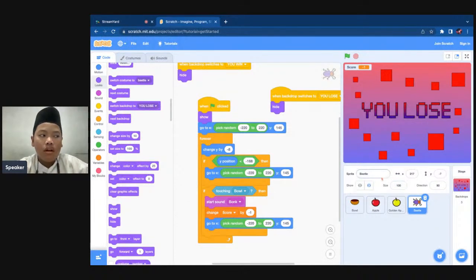Okay. Now, duplicate the beetle sprite here. Right click on the beetle sprite and duplicate it. And then change the name into second beetle.